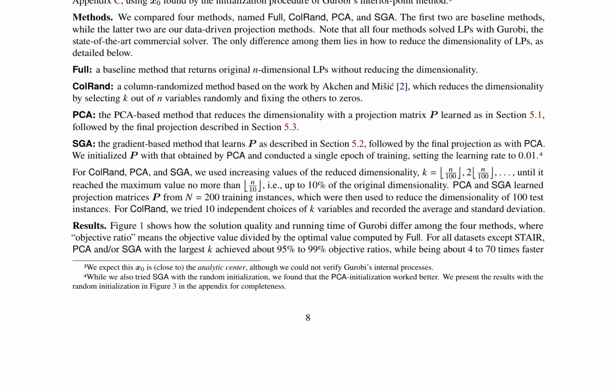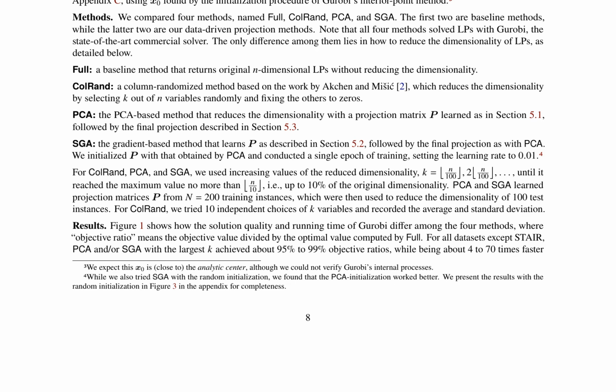The results show that PCA and SGA achieve high objective ratios while being significantly faster than the full method, indicating their effectiveness in solving LP problems efficiently. This study highlights the importance of dimensionality reduction in LP problems and demonstrates the efficiency of data-driven projection methods such as PCA and SGA. By providing synthetic and realistic datasets, this research offers a valuable resource for future studies on